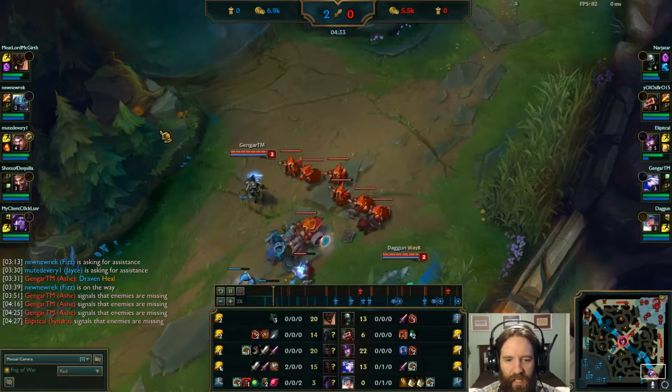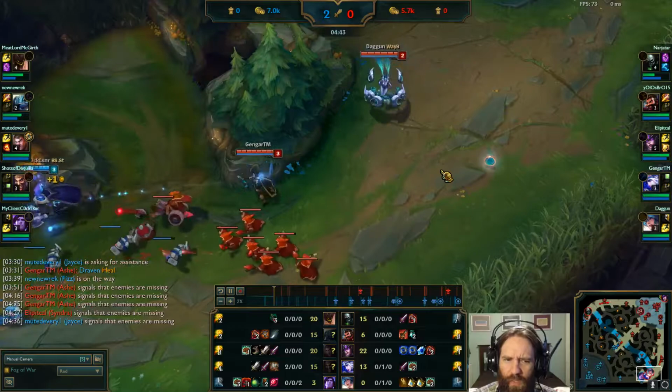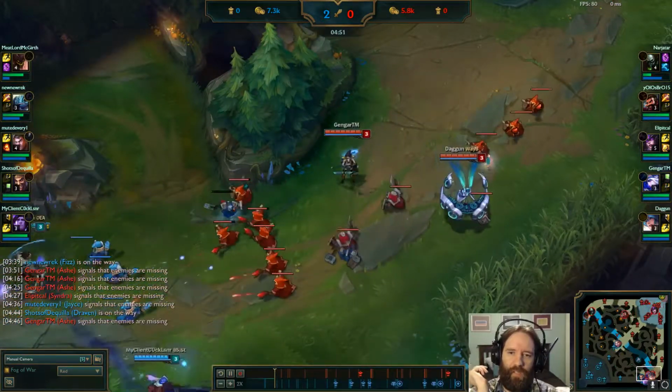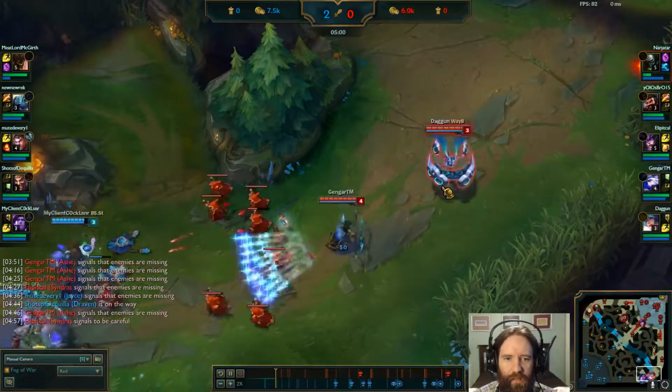Well, this is going to be absolutely brutal, most likely. Fortunately, he's going... I don't even know what he's building. I guess he's going Death Stance. And instead of getting Vamp Scepter, he got the Cull, which is kind of weird, but...